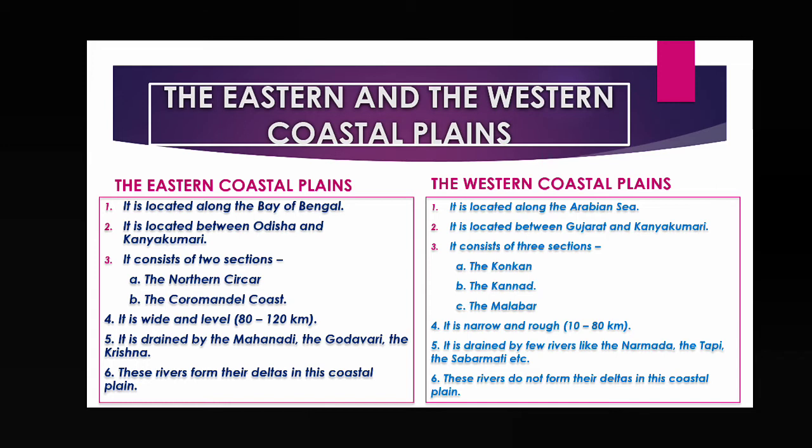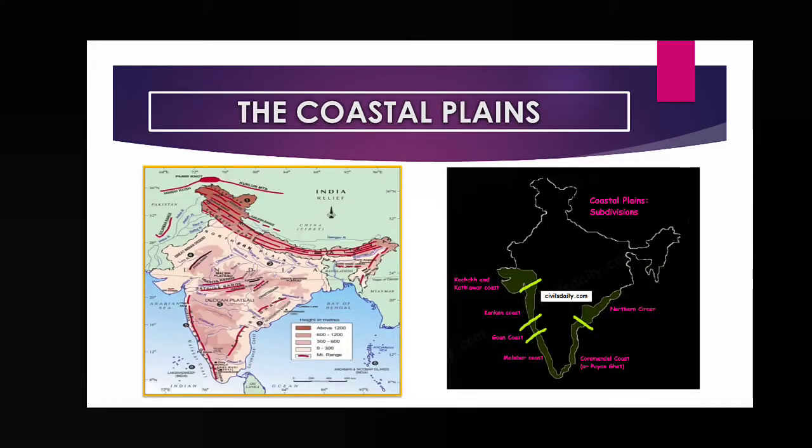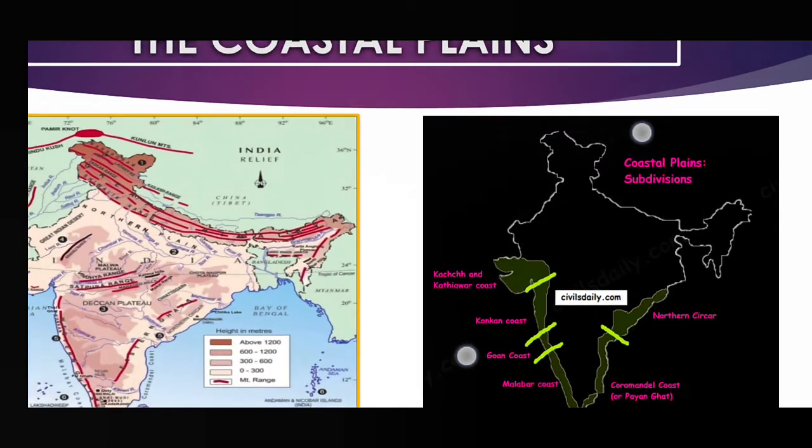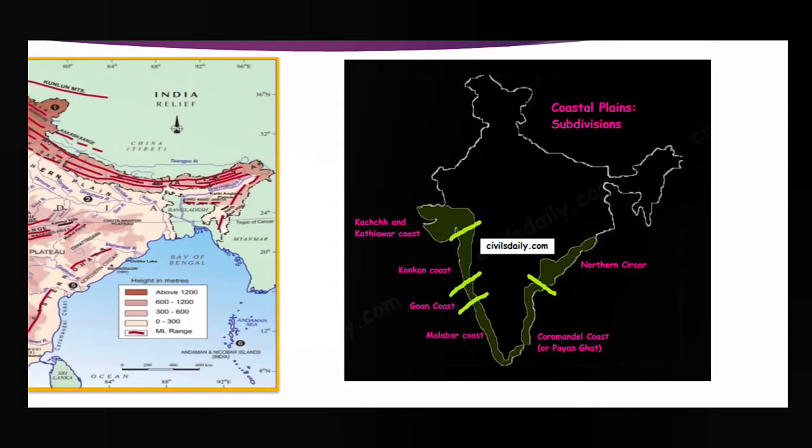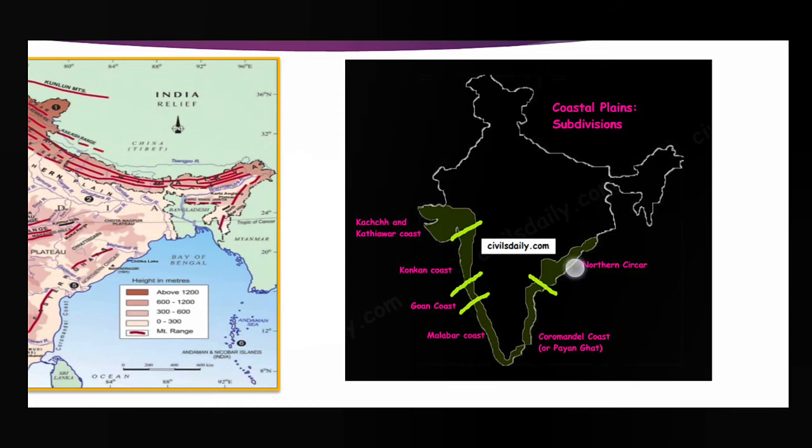So this we have already seen. Now come to the next. Here you can see, let us revise. This is called the eastern coastal plain, and it is divided into two divisions: Northern Circars in the northern part from Odisha to the Krishna river, and then the Tamil Nadu coastal region, which comes under the Coromandel coast. And here you can see that some more divisions are present, which I have not mentioned.